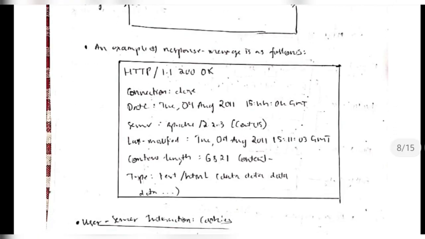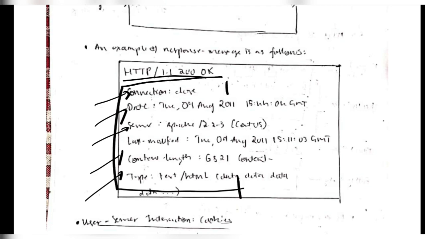And what happens is we'll be sending the message, and then we'll be getting this response. The response will have the connection type and the date and the server which it uses and the last modified date and the content length, and you get the point, right? The information of the document will come as the response.